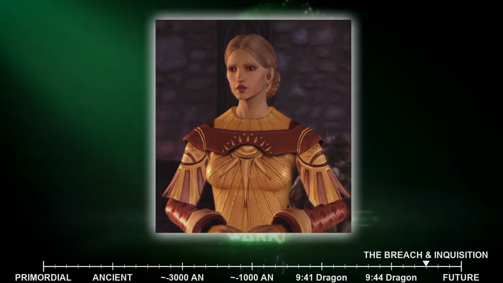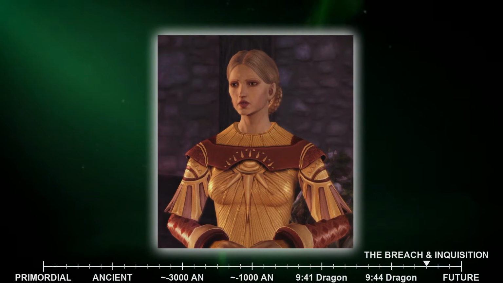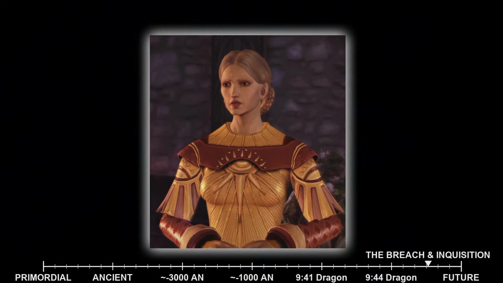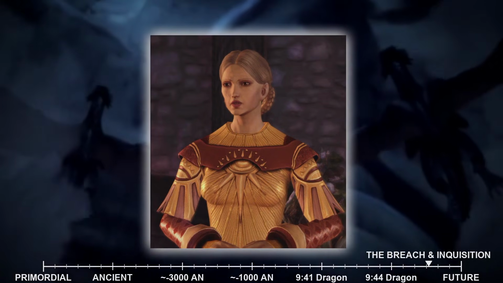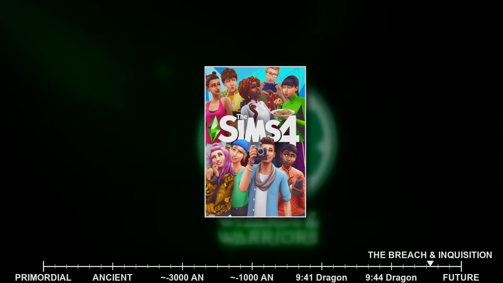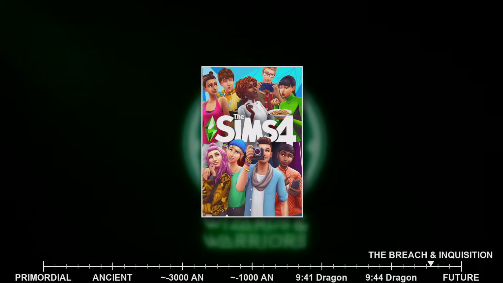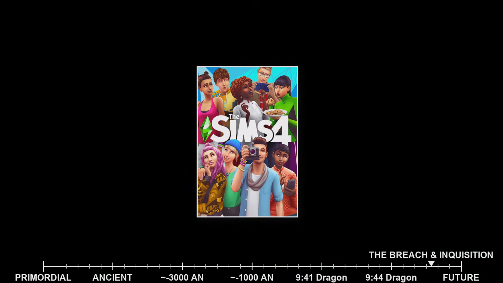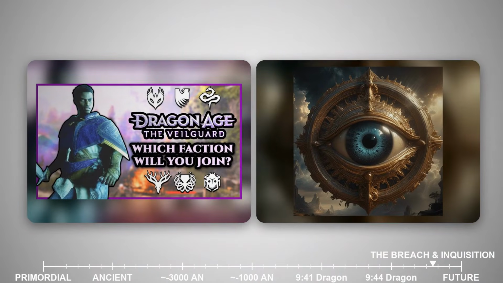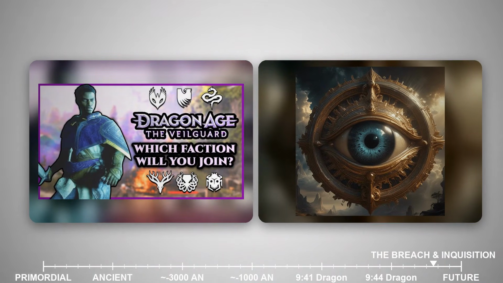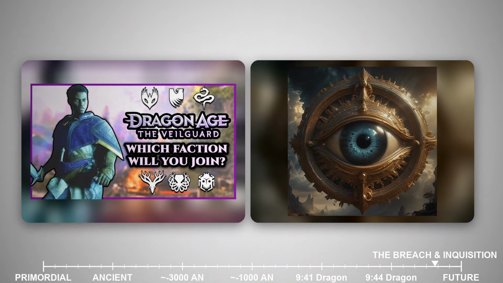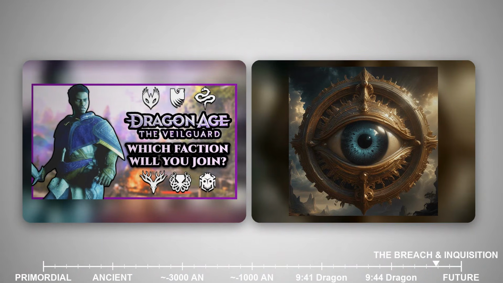In a desperate bid to mediate peace between the warring mages and Templars, Divine Justinia V convened a grand conclave at the Temple of Sacred Ashes, a revered Chantry site nestled high in the Frostback Mountains. This ancient temple, a place of pilgrimage and spiritual significance, was chosen as neutral ground, a sanctuary where all parties might set aside their grievances and negotiate an end to the devastating conflict. Representatives from every major faction, including the Circle of Magi, the Templar Order, and even the staunchly independent Free Marches, gathered under the Divine's watchful eye, hoping to forge a lasting accord.